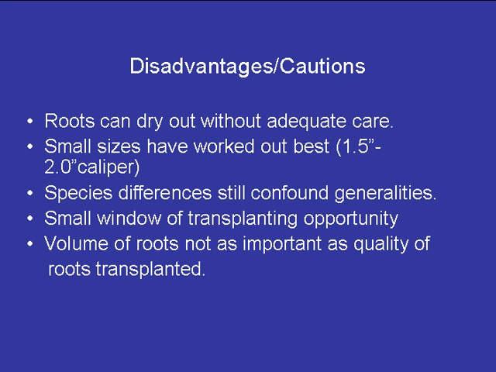There's also a small window of transplanting opportunity. We do it when the tree is dormant, so when the nurseries start digging very late October to basically the month of November in the fall. In the spring, we don't do bare root in the spring in Ithaca, as I mentioned, but it can be done late March to the month of April, depending where you are. One of the problems in the spring is that some species leaf out very readily, like syringas or crab apples, and we don't want them to be in leaf when we transplant them. So that's not a problem when we transplant in the fall.